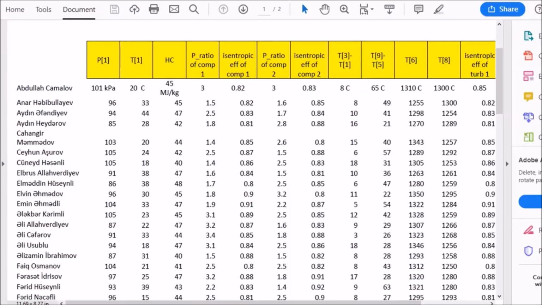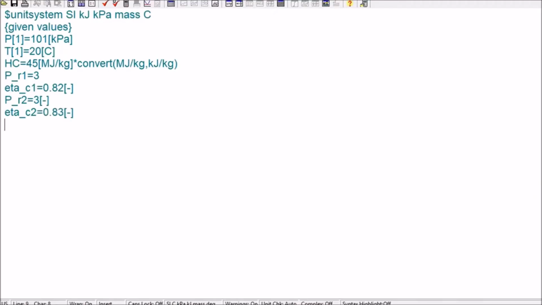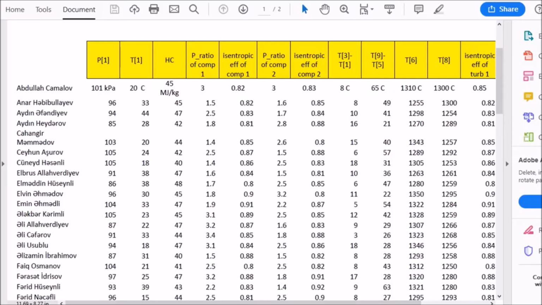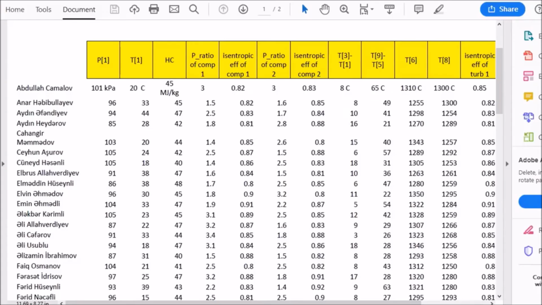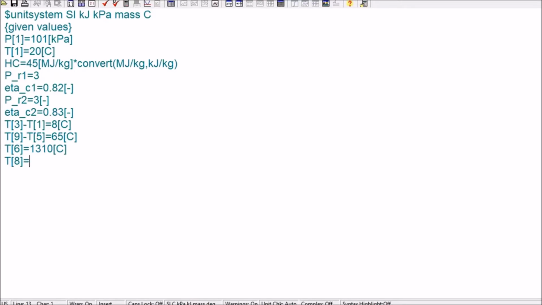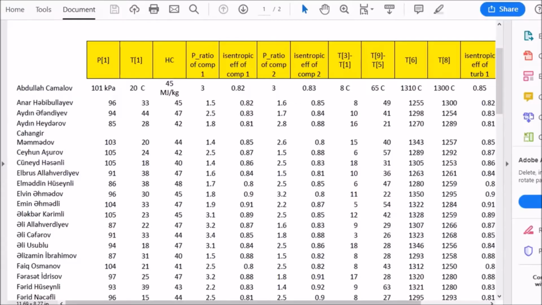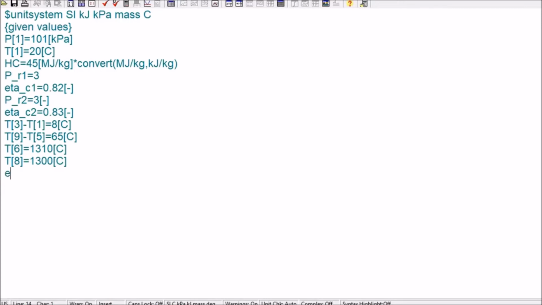Eta compressor 2 is 0.83, and T3 minus T1 is 8 Celsius, and T9 minus T5 is 65 Celsius, and T6 is 1310 Celsius, and T8 is 1300 Celsius, and the isentropic efficiency of turbine 1 is